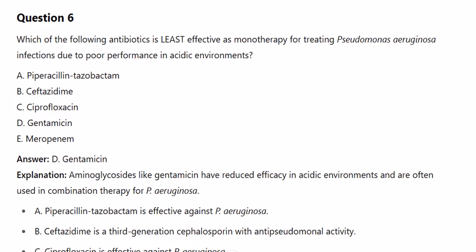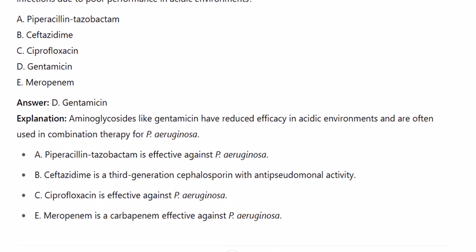Aminoglycosides like gentamicin have reduced efficacy in acidic environments and are often used in combination therapy for P. aeruginosa. A. Piperacillin-tazobactam is effective against P. aeruginosa. B. Ceftazidime is a third-generation cephalosporin with anti-pseudomonal activity. C. Ciprofloxacin is effective against P. aeruginosa. E. Meropenem is a carbapenem effective against P. aeruginosa. These questions cover various